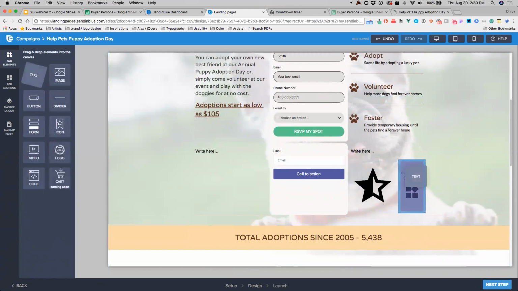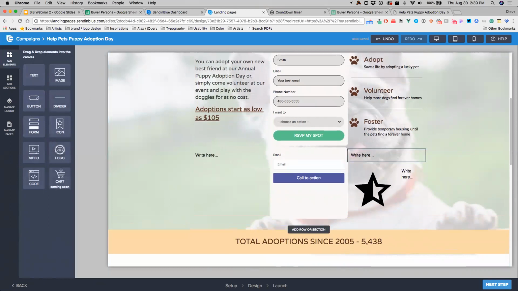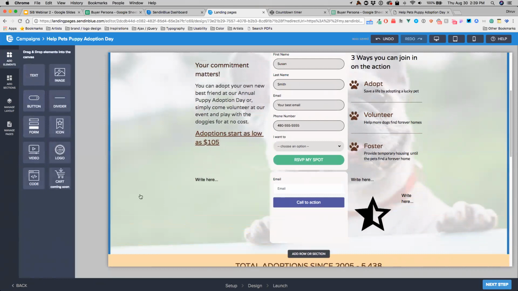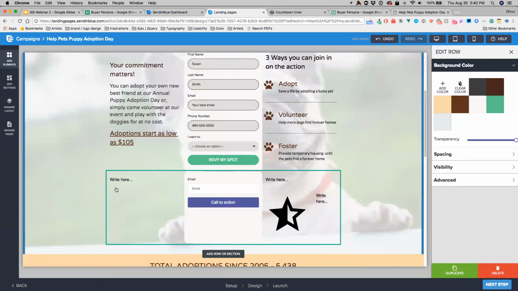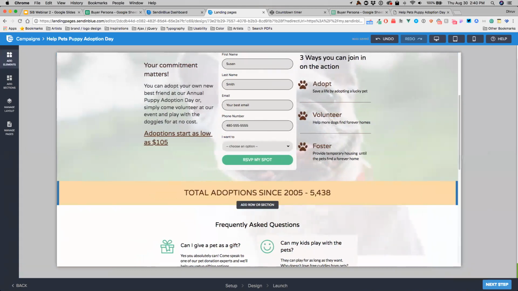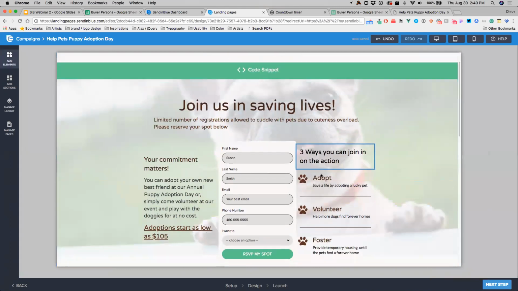And then next to it, I put the text element. And that's how I essentially created that whole piece right over here. I'll just hold the shift key, which is another shortcut key to access rows and columns a lot quicker. So I'll go ahead and just delete this, because I just wanted to show you guys how I ended up creating